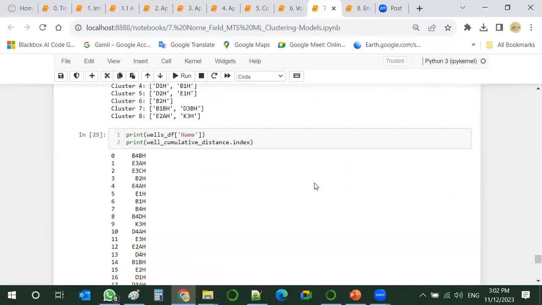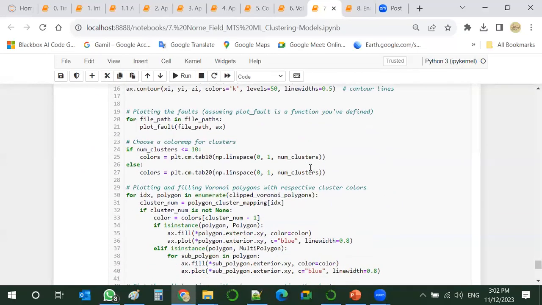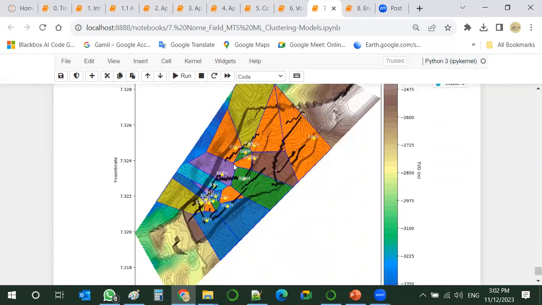If we plot these clusters and show them in this context, this can be very helpful in the iterative nature of reservoir modeling, I would say, the sedimentological model.